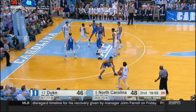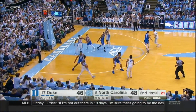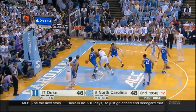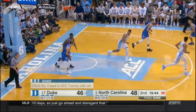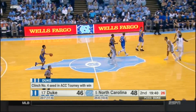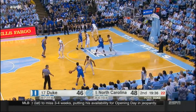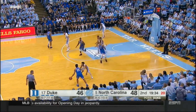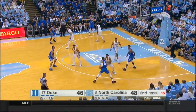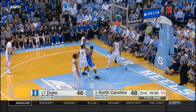North Carolina's already clinched the outright ACC regular season championship after Notre Dame lost earlier today to Louisville. This is big, big, big for Duke. If they win, they're the 4 seed. They get a double bye at the ACC tournament. If they lose, they're the 5 seed. They have to play a second round game on Wednesday. Of course, for Carolina, although they've clinched already the outright title, they don't want to lose to Duke twice in the same season. They want to win this game, and you're going to see Duke continue to try to drive